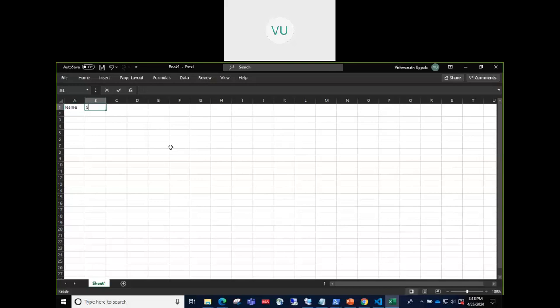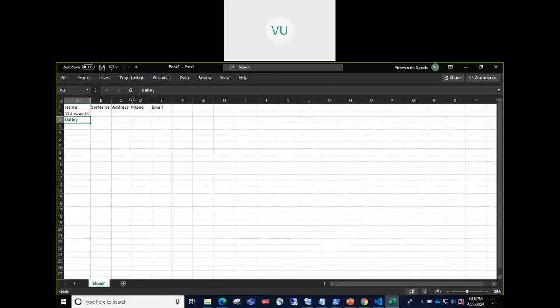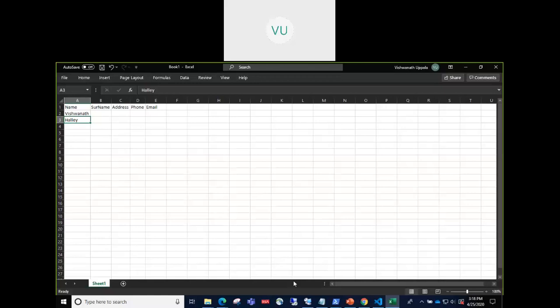So in Excel, you would say name, surname. What you're defining is the structure of your data here, right? You define what data you want to capture: address, then phone number, and let's say email. And then you actually capture the values, like Clevash, Nath, Halley, different values here. So you have defined the structure and you are capturing the values for that structure. This is easy for us because we can visually see it and understand the structure. But for applications to understand structure, JSON is one easy way.